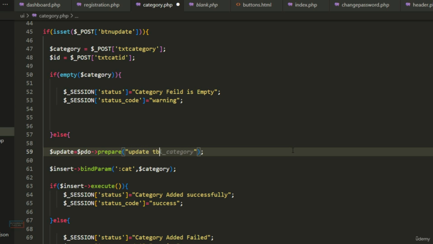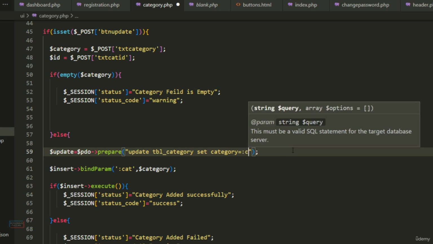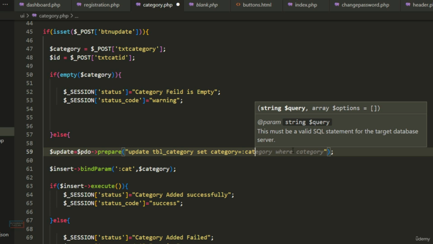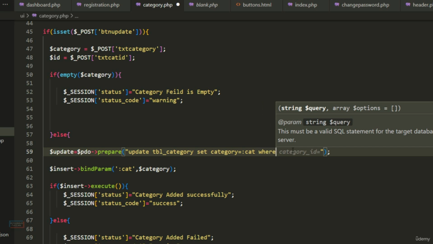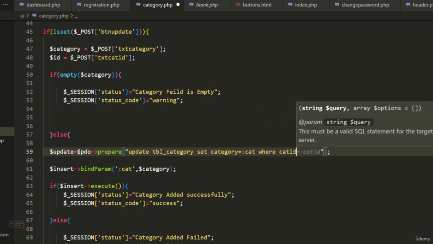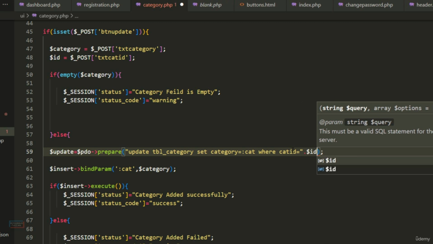Our table name is tbl_category, update tbl_category, and set category. Okay, and category is equal to, then here I am using a placeholder :cat. Okay, and after the :cat here I will use the where clause, where cat_id is equal to $id. Okay,